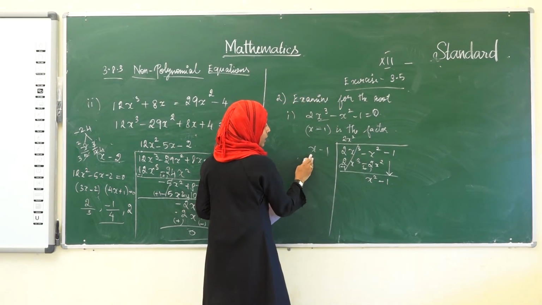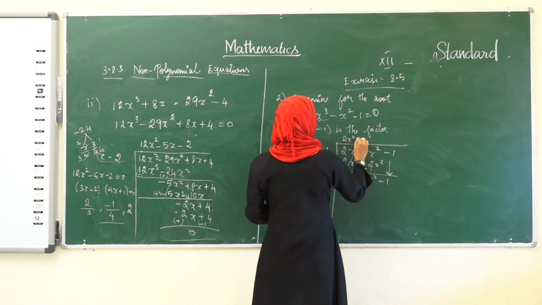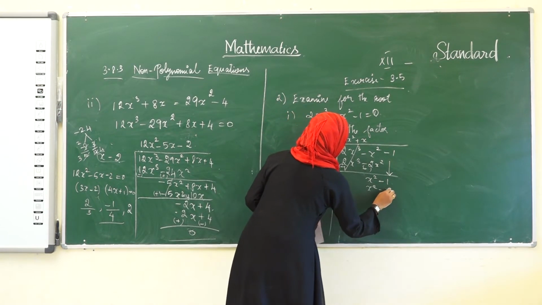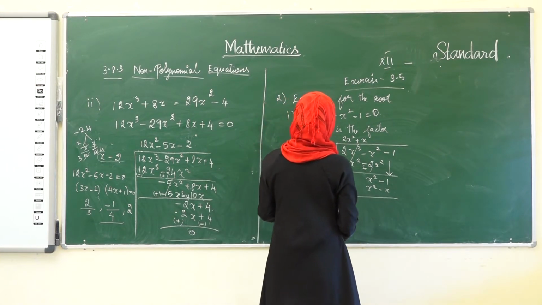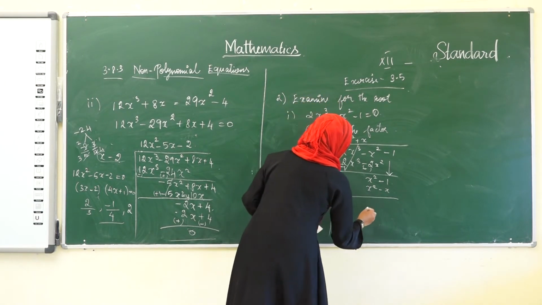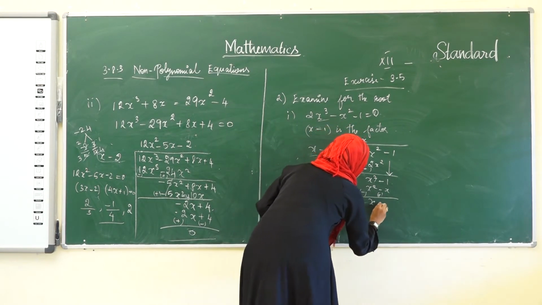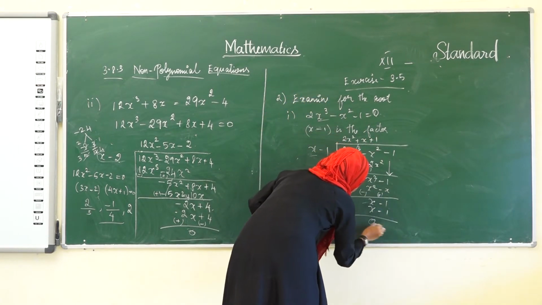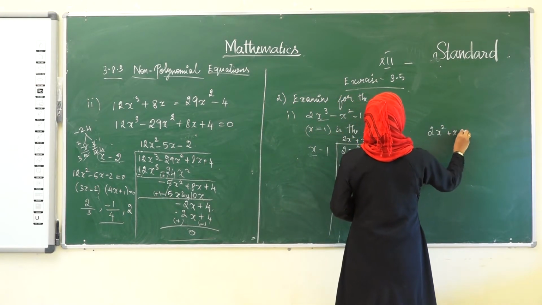See here, here it is x and here it is x square. On multiplying this with x, only with x, therefore x square minus x, right? Minus, so this will be cancelled, we have to get plus here, therefore x minus 1. On multiplying this with plus 1, x minus 1, we get the remainder 0. So, what's the factor we got from this? 2x square plus x plus 1 equal to 0.